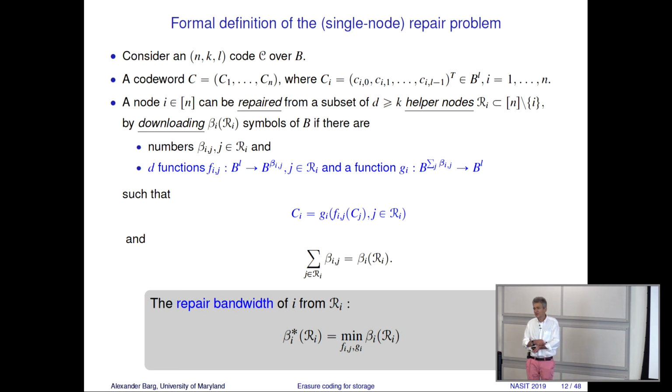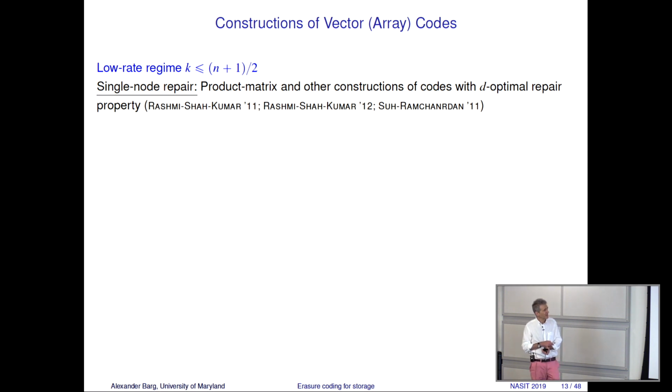So this slide does not add anything to the intuitive discussion already made on the previous slides. Of course, we want to construct optimal bandwidth codes. That is our task. Product matrix codes were the first construction, restricted to low rate, but they were the optimal repair codes. Rashmi, Shah, Kumar, in a sequence of papers, and also Changho Suh and Kannan Ramchandran provided constructions with this limitation, so low rate. That was a nice advance.